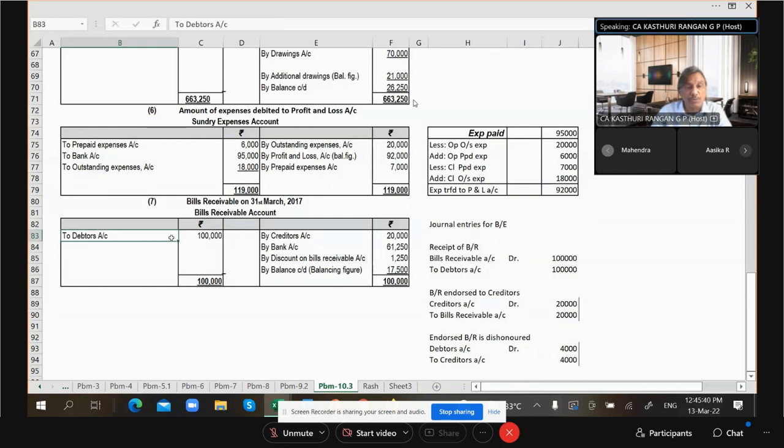See, bill receivable to debtor 1 lakh, endorsed to creditor, creditor account debit to bill receivable 20. But when the bill is dishonored, it will not be routed through the receivable account. It will be routed through debtors and creditors account. Okay, bill receivable, see, debit, credit. It got adjusted. So when that particular bill or any part of that bill gets dishonored, we have to route it through debtors and creditors account only. So these are the journal entries we have to make for